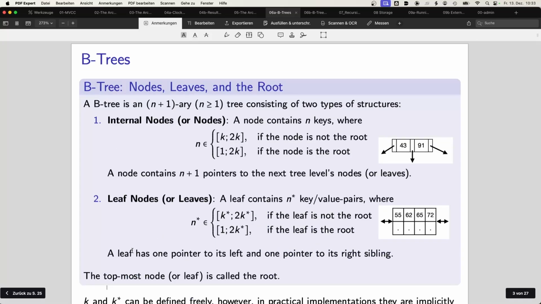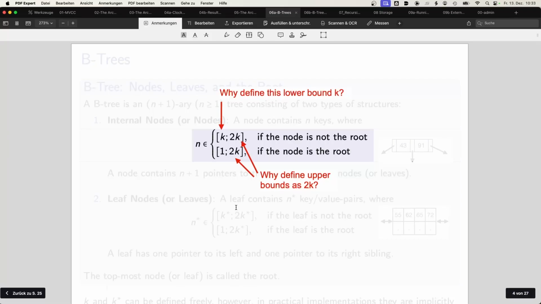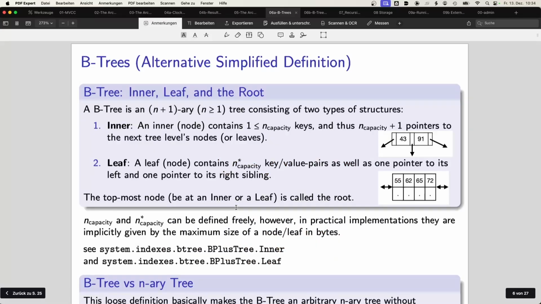Then we had this notion of nodes and leaves, of course, and these textbook style constraints, and then I got rid of those constraints. So this minimal fill grade, I think we assume it in the assignments typically, but in a real implementation, you can soften that and say, okay, there's some underflow in the node, who cares? Many implementations do that. Then what you have is not a B tree in the strict sense of a textbook B tree or of the papers proposing it, but an n-ary tree,